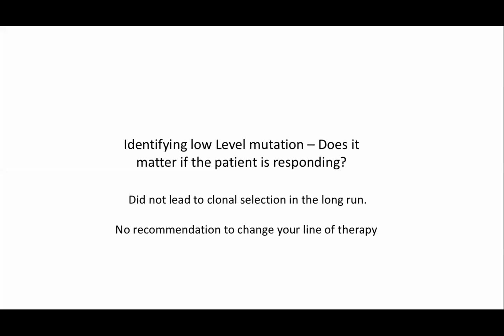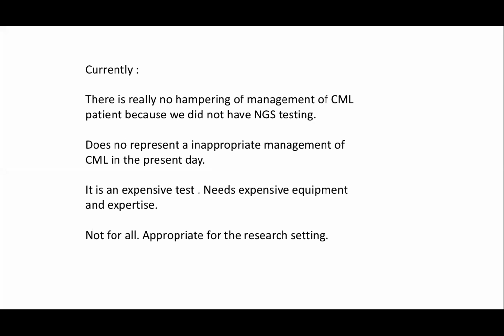So currently, there is really no hampering of the management of CML because we did not do NGS testing in these patients. And it does not represent inappropriate management of CML in the present day just because you didn't resort to NGS mutation testing. But I would accept, as a person who likes to look at newer things, with a researcher mentality,